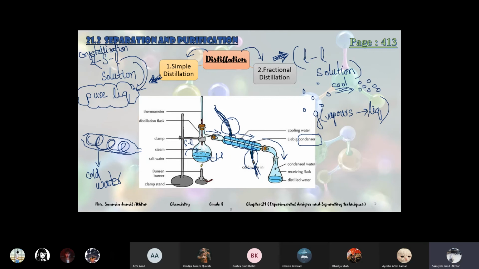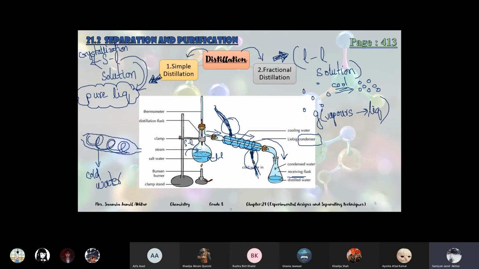The gas particles or vapors will absorb the coolness from the cold water, and then very slowly they turn into droplets. We will collect in the receiving flask the liquid which will be collected, in drops. Very small quantity, so it's a slow process. After some time we will get a lot of distilled water, or whatever the liquid solvent is.